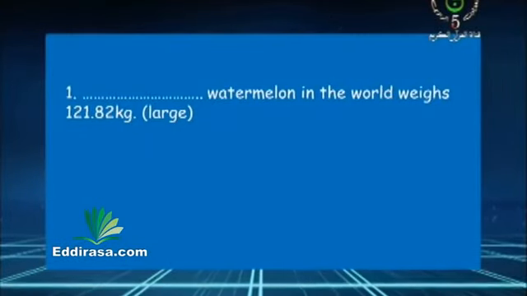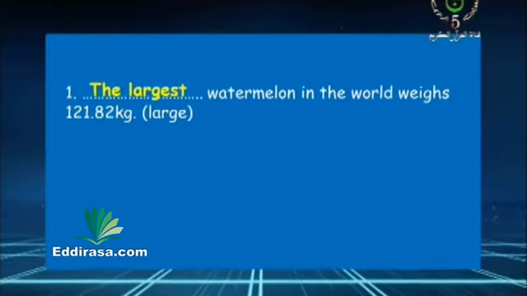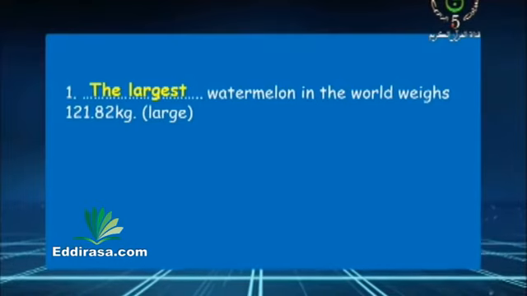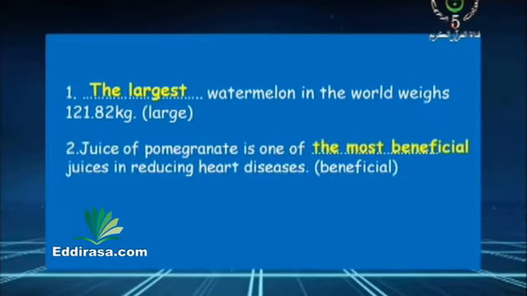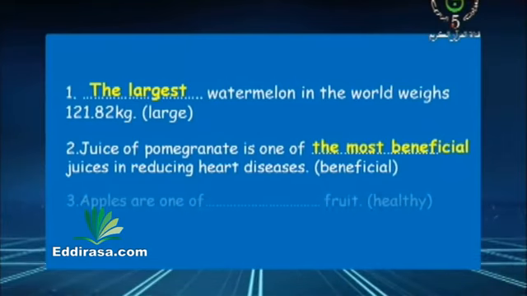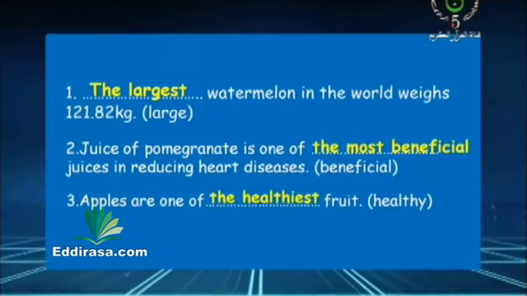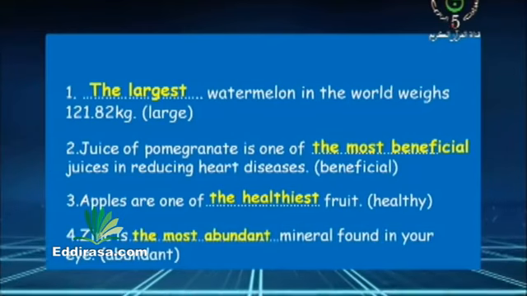Number one, the largest watermelon in the world weighs 121.82 kilograms. Number two, juice of pomegranate is one of the most beneficial juices in reducing heart diseases. Three, apples are one of the healthiest fruit. Four, zinc is the most abundant mineral found in your eye. Okay, so you've noticed that it is different from a long adjective to a short adjective when we put it